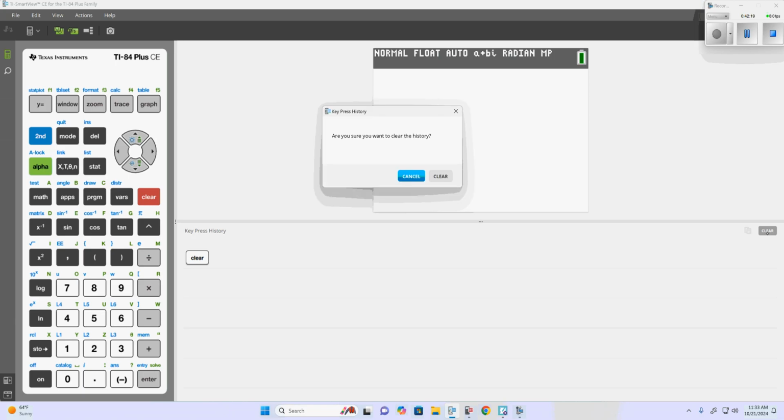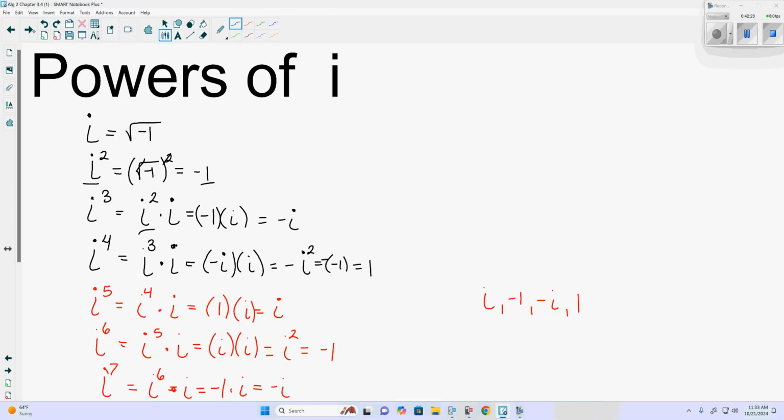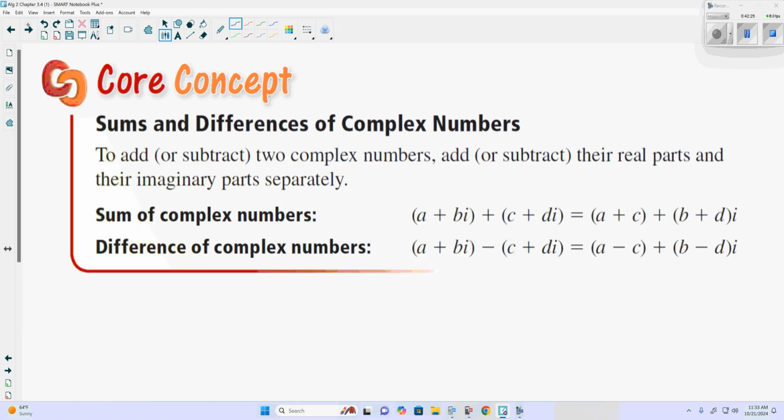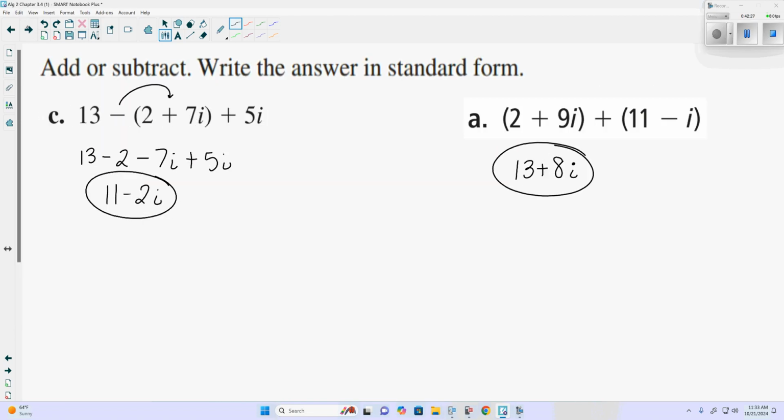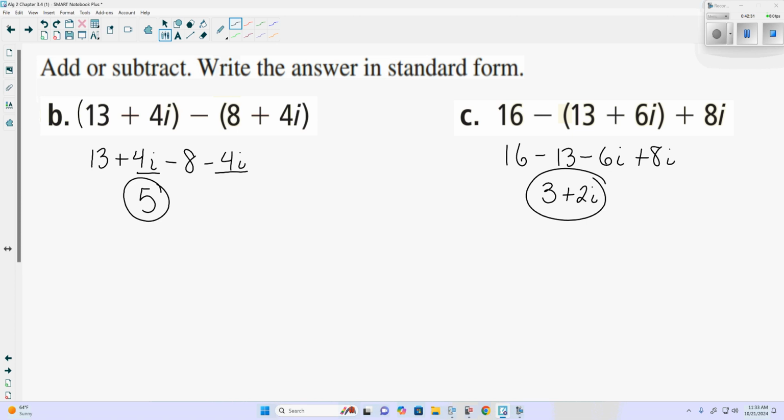Now, we didn't finish the lesson today, and that's fine. We will finish up multiplication tomorrow, and then we will be